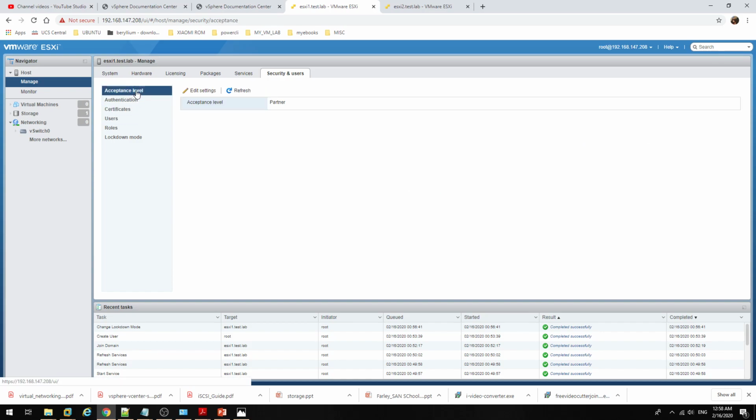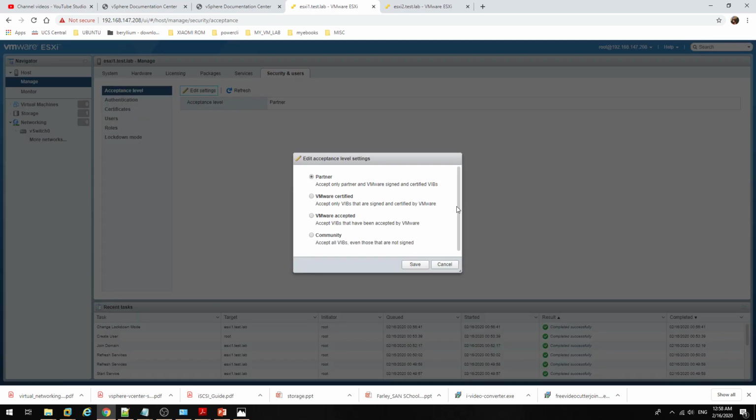Now we'll see one more thing, acceptance level. So what is acceptance level? This option shows whatever drivers you are trying to install. Are they VMware certified drivers or not? So we'll see what all options are there. If you hit edit settings, you can see